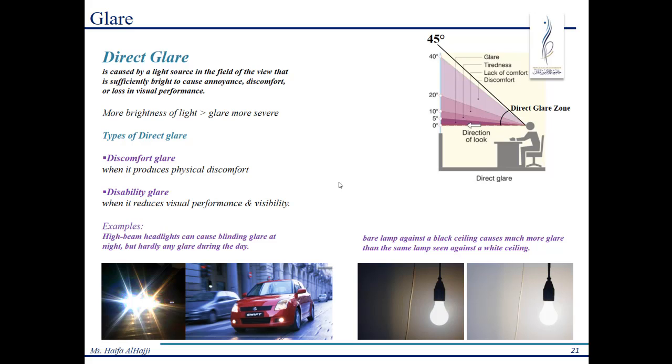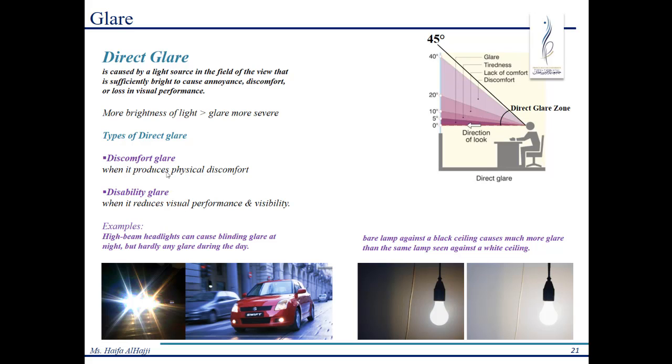Disability glare is the one that you see in the front and it obscures the whole visual task you have. For example, let's have a look at both of them, discomfort glare and disability glare. Discomfort glare is, for example, you are looking at something but it's causing you some type of tiredness, like you're squinting your eyes or not comfortable looking in that direction. Disability glare is, for example, in here, you don't see anything while you're driving. When you experience this type of glare, it causes impairment or disablement in your task,